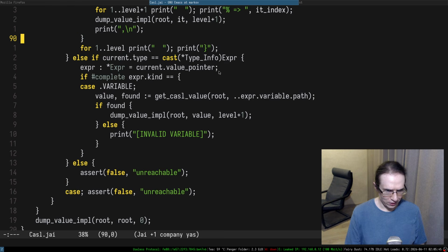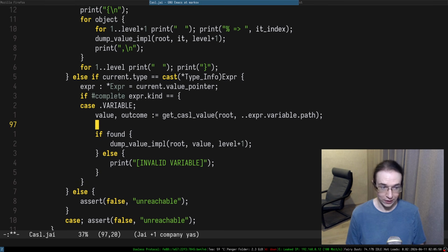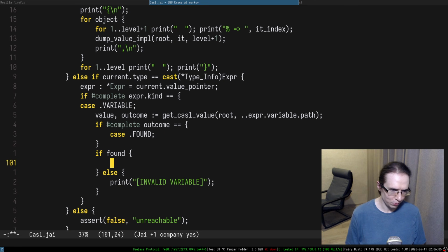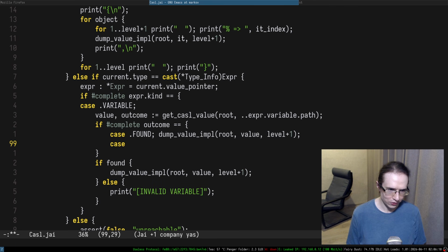Okay, so where is that dump? Oh, yeah. Okay. So this is the value and this is the outcome. So an outcome has to be something like this. If it's found, if we found some sort of a value, we probably want to print that value as usual, right? Otherwise, if it's missing, let's print missing and